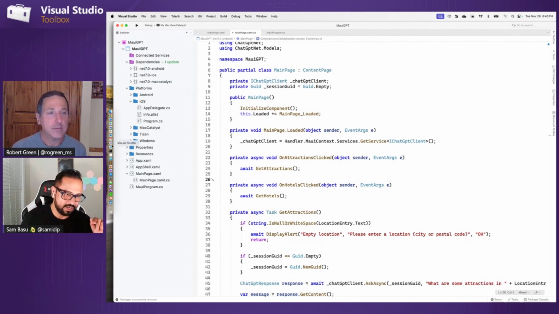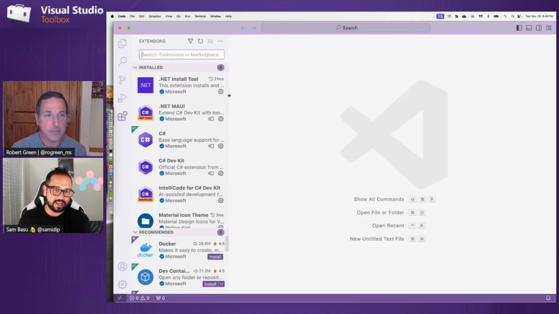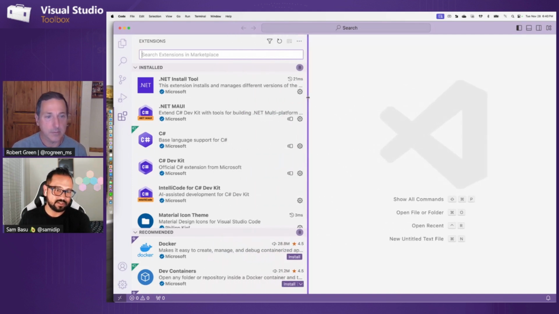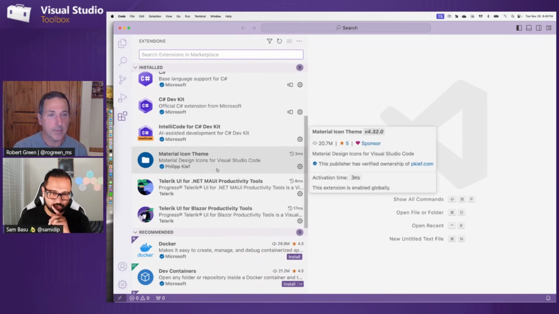Let's actually, speaking of that, let me show you this. So if I am in Visual Studio Code, this is the canvas that you get for your lightweight .NET, right? And it's the exact same canvas. Like these are my extensions, right? And there's a whole extensions marketplace. This is my C# dev kit. The thing that I'm missing right now, and I'll show you that in a second.